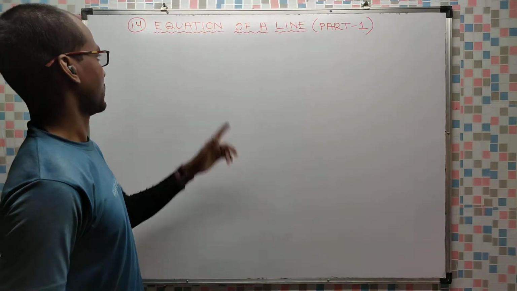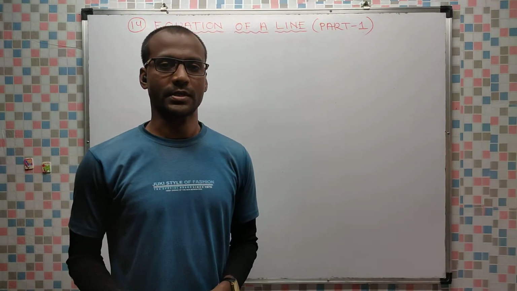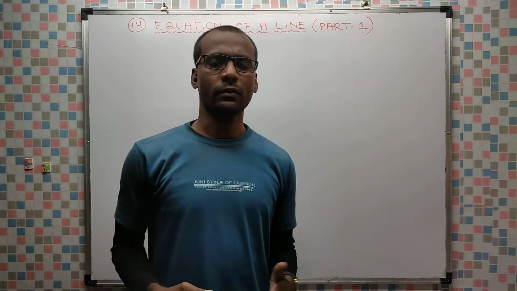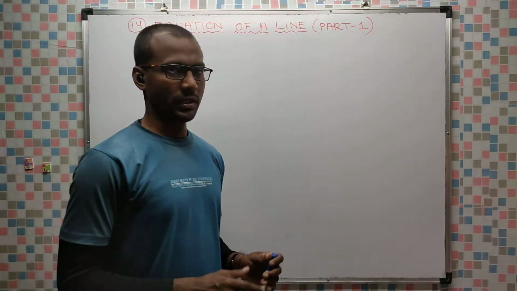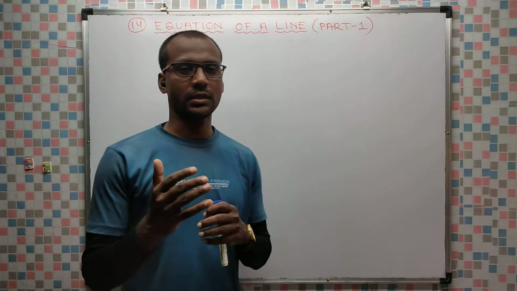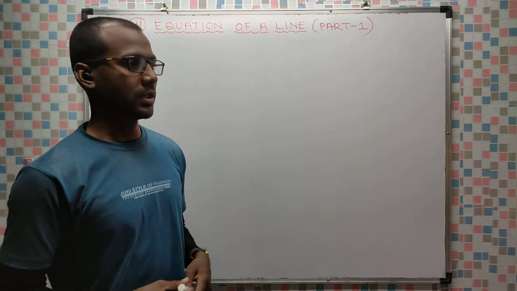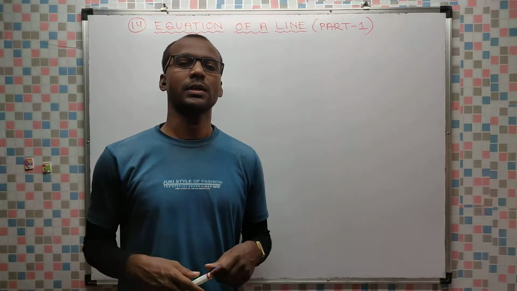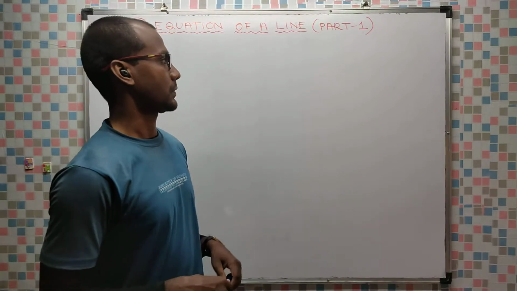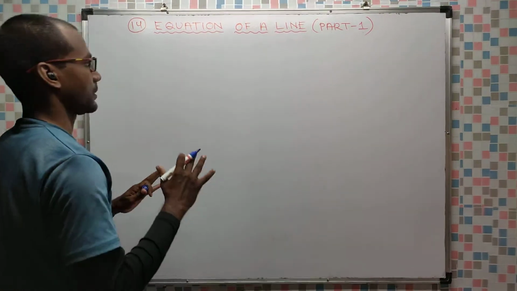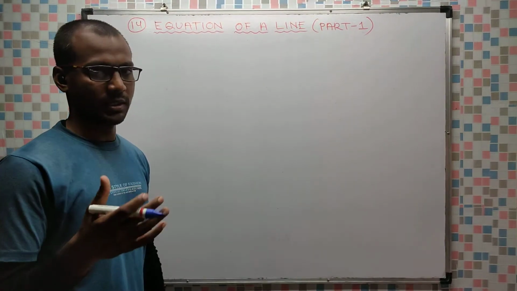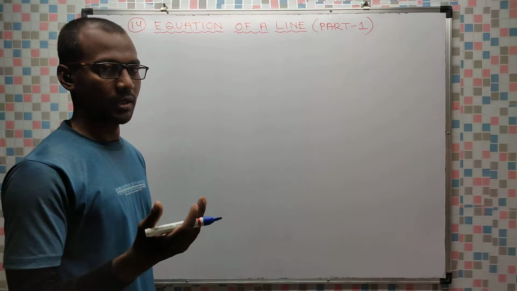Today's topic is equation of a line, part 1 of class 10. It is a very important chapter for school and also from college point of view. I'll make 3 to 4 parts for this chapter since it is a very conceptual chapter. It is also very interesting because it is a combination of algebra and geometry. So let's start. Let us start from linear equation in one variable. You will slowly understand why I started from linear equation in one variable.